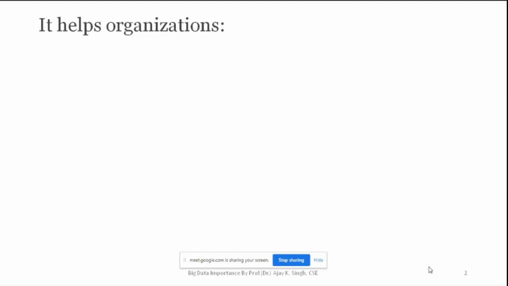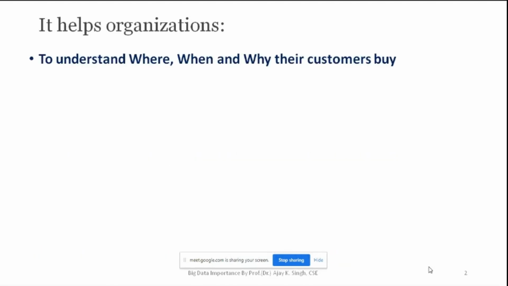Now coming back, so we were having that data. Now big data, and just now we studied all about big data. So what is the meaning of big data? How is big data being generated, isn't it? Now coming to a different point. So why are we basically using this data? What is the importance of going for this syllabus? The very first point is to understand where, when, and why the customer buys, isn't it? So from where they are going to buy, when the customers are supposed to buy, why the customers are going to buy your product, and not buy another product. So in business, it is really very, very important to analyze the data.